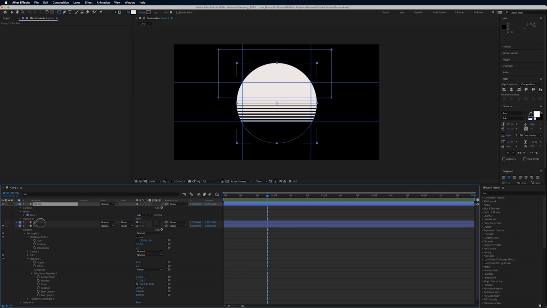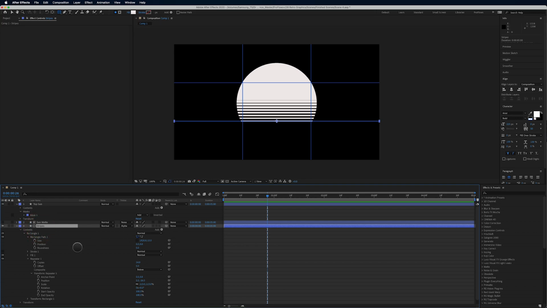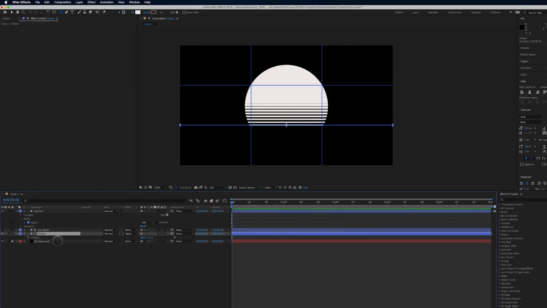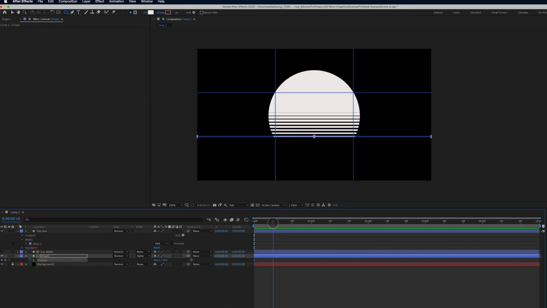And this will be called the sun matte, and these are our stripes. Now we do need to have the stripes move a little bit. So what we'll do is hit P for position, set a keyframe, and move forward a few frames, something like this. We'll zoom in here on our little timeline area, and let's have these guys actually stop about there. And we'll have them start